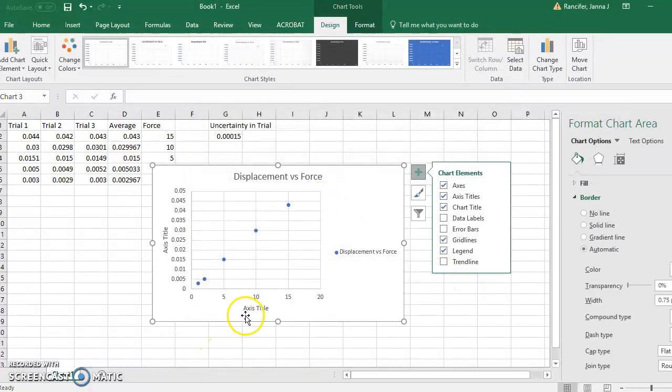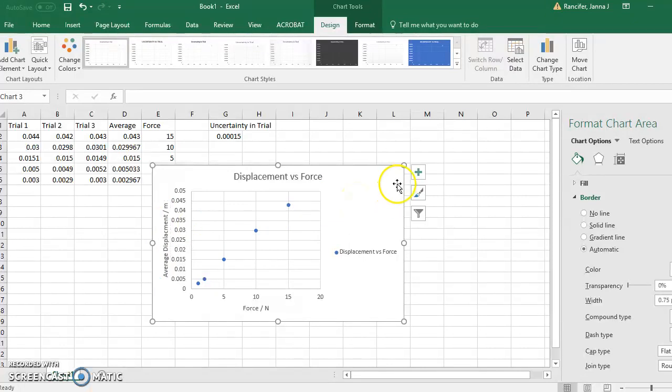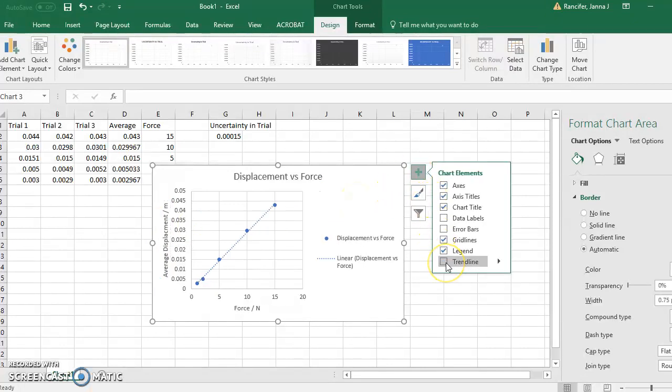I need to title my axes, so I'll come down here. This is force. And I include my units, newtons, and this is displacement. I guess this is average displacement. And this is in meters, and I'm going to add a trend line, so I select this and then I